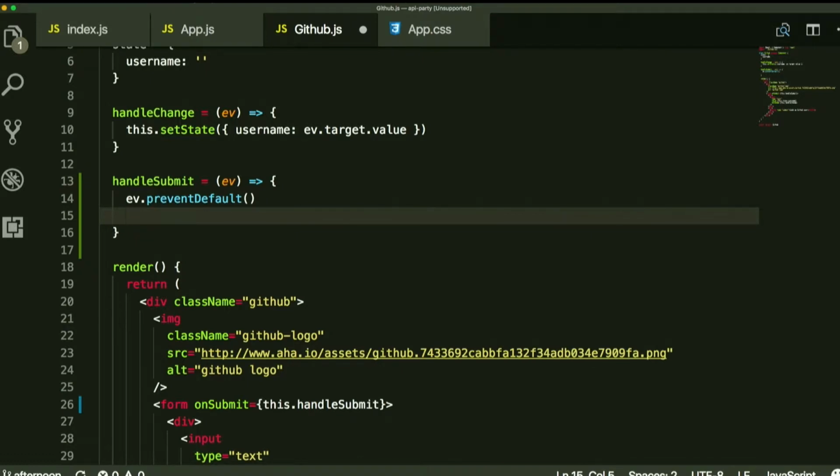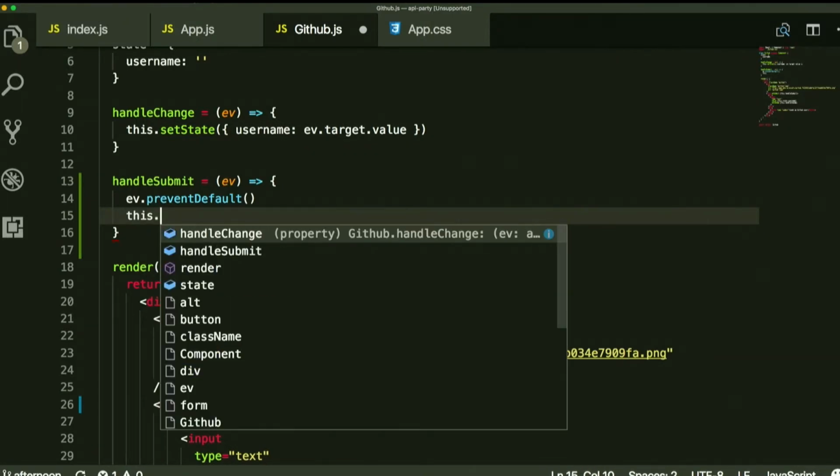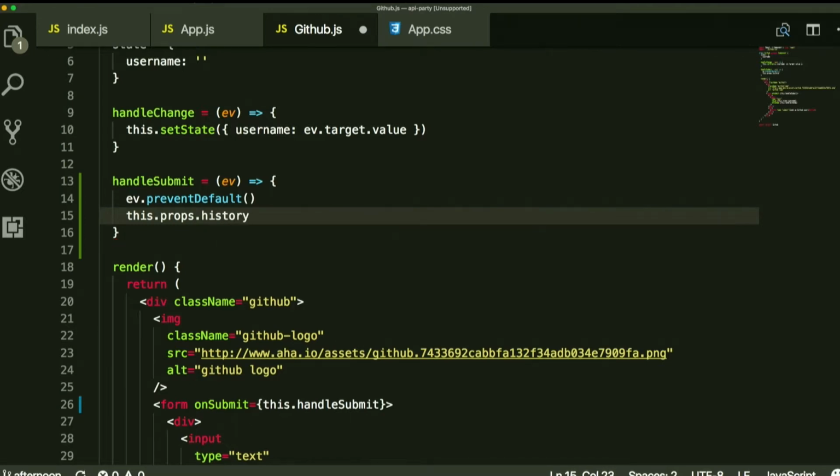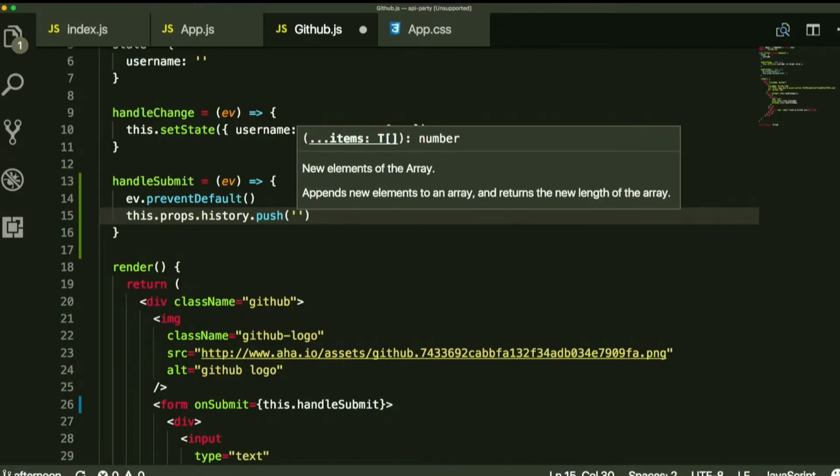And then what we do want it to do is push a new history thing, right? We want to go to a different location. So remember, the three things that we automatically get because we're inside router is match, history, and location. History is the one that keeps track of where we've been. So what we're doing is essentially pushing a new history item onto that. So we'll say this.props.history.push, and then we want to go to,